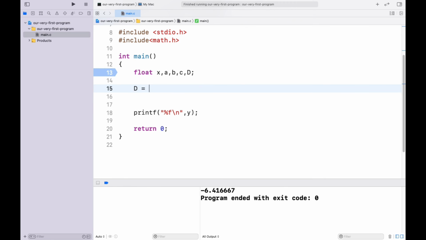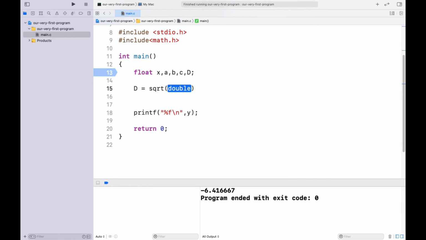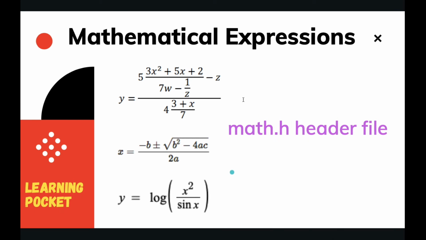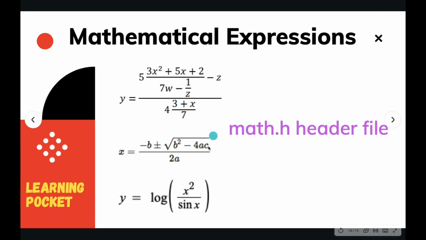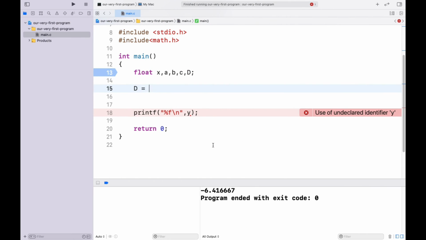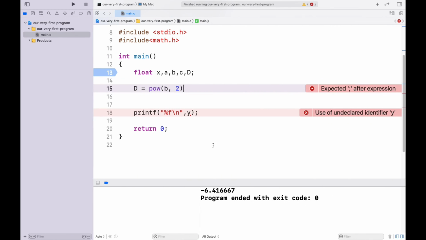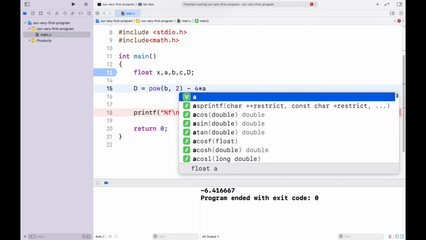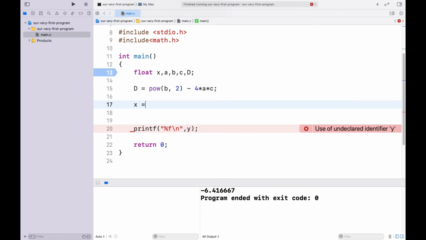So let's calculate d first. Oh sorry, discriminant is b square minus 4ac itself. So we will be using the power function. b square will be pow of b, 2, minus 4 times a times c. So this is d. Then we have x equals to,